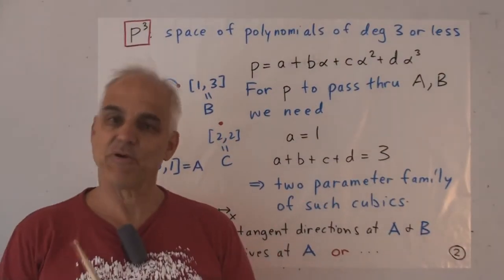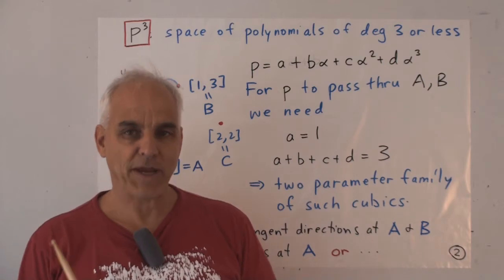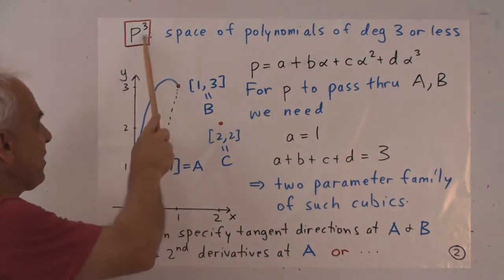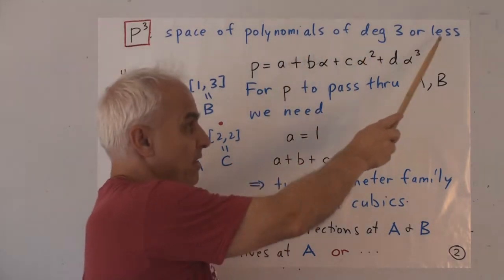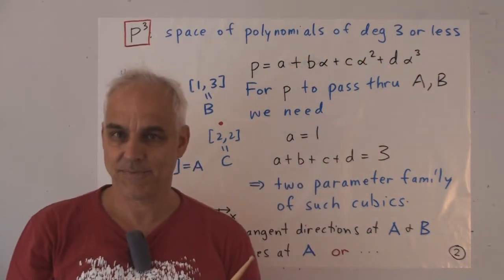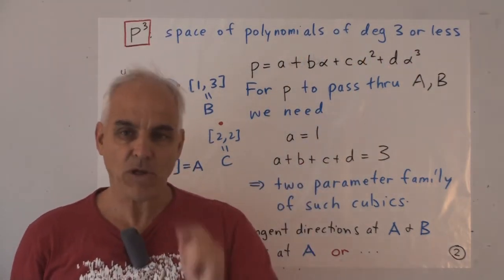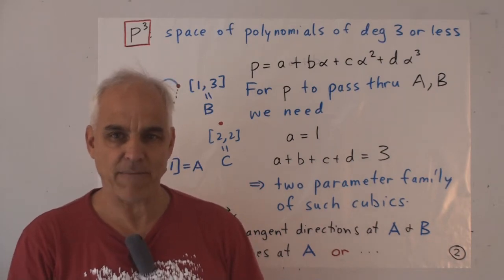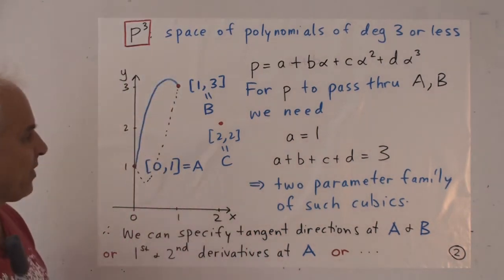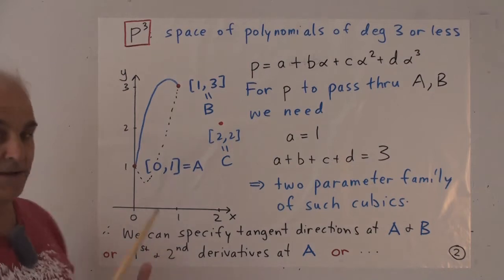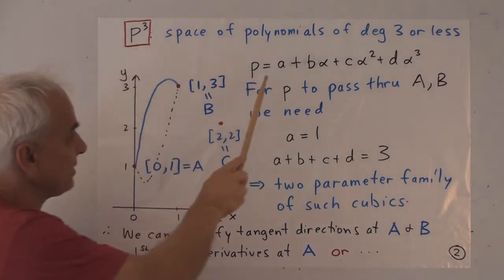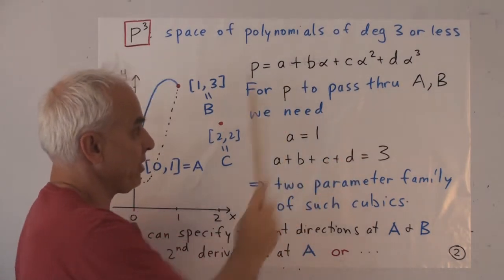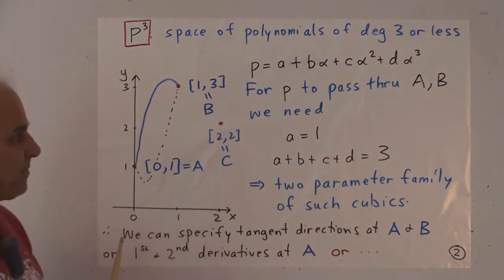So from a linear algebra point of view, we're working in the space P3, which is our familiar space of polynomials of degree 3 or less, which I'm hoping is slowly becoming your favorite mathematical space. We've seen it quite a lot, and we're going to look at it some more today. So the typical element in this space is something like this. That's a polynomial of degree 3.